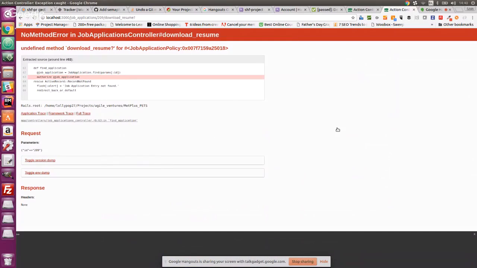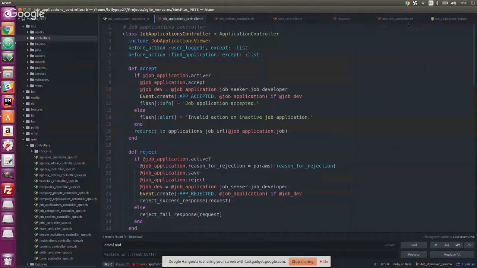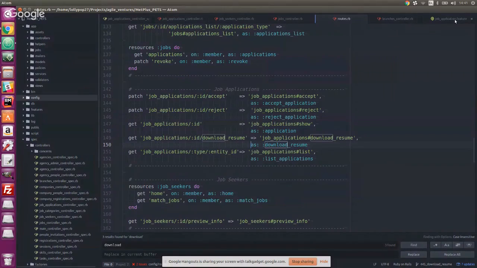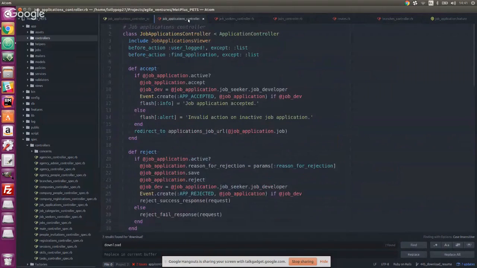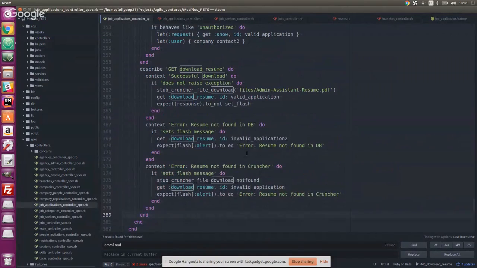So when I try to download his file now, I'm getting this undefined method resume. Okay, that's bizarre. You weren't getting that before, were you? No, so the only thing that I battled with, when doing the branch updates, that was fine. Routes, branch controller, job applications controller spec was the only file that I battled with in terms of where I must put